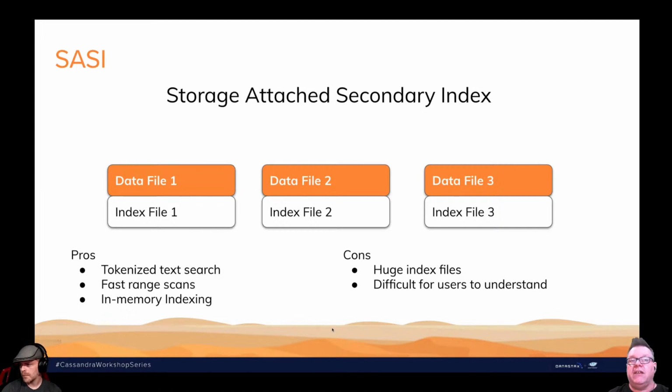When we look at what that was for, it was for this tokenized text searching. That was what this use case was. And it did certain types of ranges really, really well, like date ranges. However,